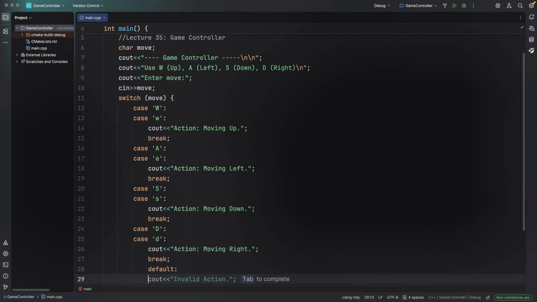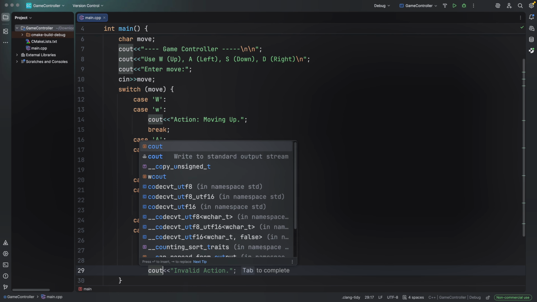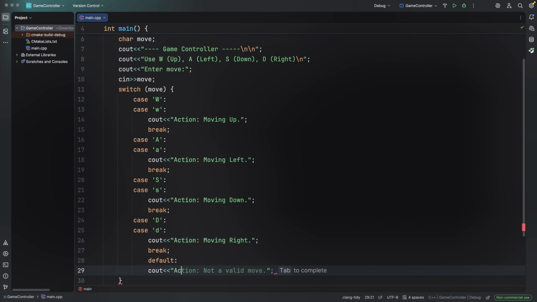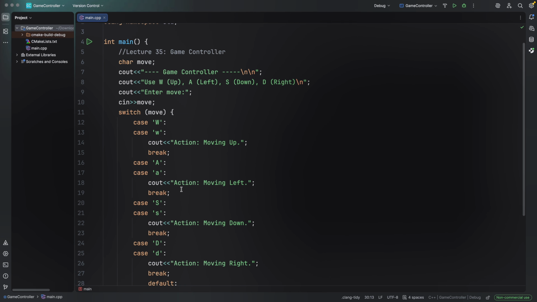And in default, we can say something like invalid key pressed. In default, we cout and say action not a valid move. Yeah, so this is a game controller program using switch. So first we declare our variable, which is move, and the data type is character, because we need to ask